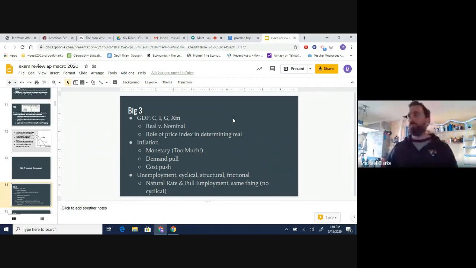So let's say we made $1,000 worth of things here, and at the same time we bought $500 worth of things from another country, and those are the only 2 things we did. Our GDP would be $500, because you would take the $1,000 worth of stuff you made here and subtract the $500 of stuff you bought from the other country. All right, so you have to know that. Remember, it's domestic.